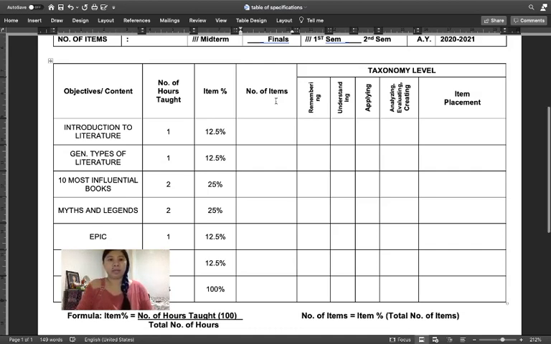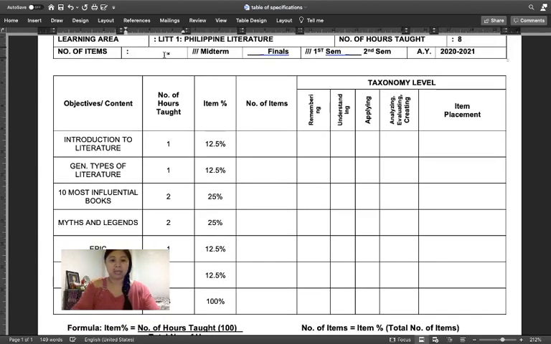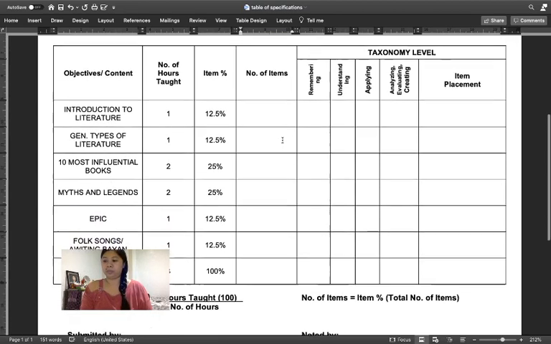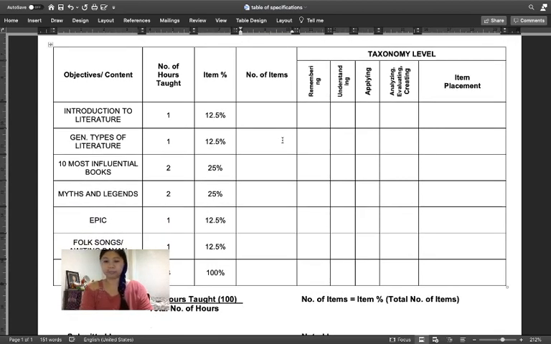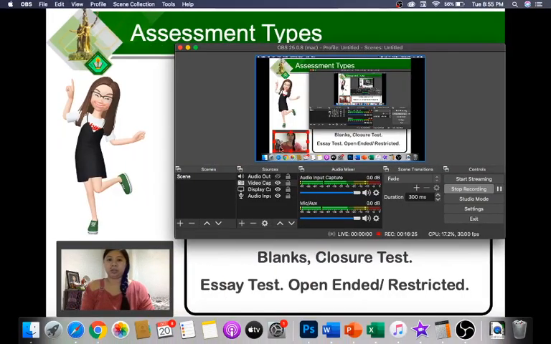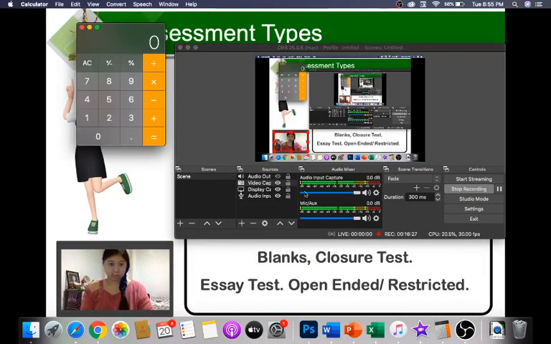So you can write here on top 50 items. So what shall we do? It's like this. 12.5% times 50. Okay? So 12.5% times 50. So when we use our calculator,